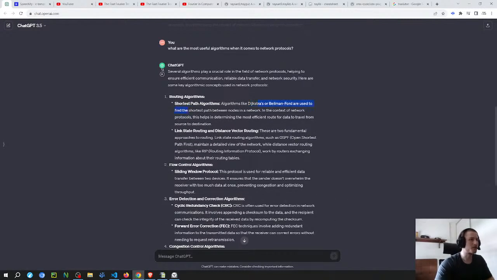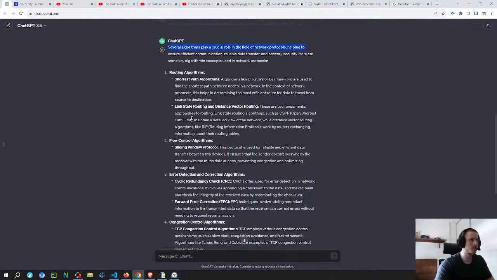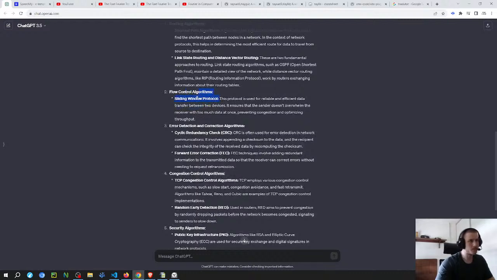And shortest path, I think link state routing and distance vector routing. Flow control is also something that